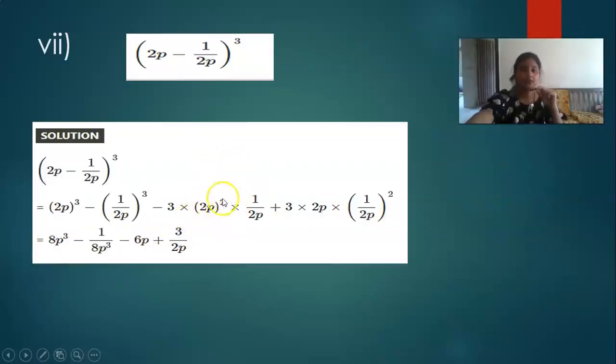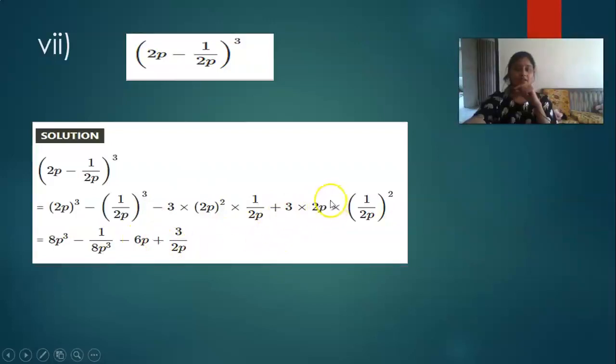2 power 2, that is 2 2s are 4, 4 3s are 12, and here it is 2. So can we cancel this 2p with this 2p directly instead of multiplying? What I'll do, I'll just cancel this 2p with this 2p. I have just cancelled because it is in the denominator and it is in the numerator, so we can cancel it. We have cancelled, but here the power is 2, which means one term gets cancelled but one term is still remaining. So 2p multiplied by 3 will be 3 2s are 6p. So it is 6p and this minus sign as it is, plus this sign as it is.